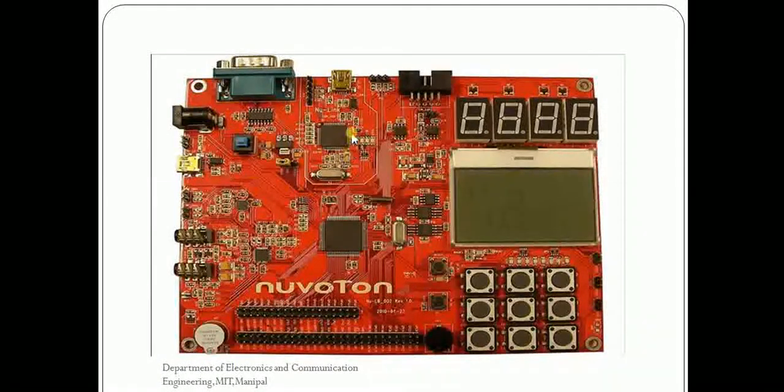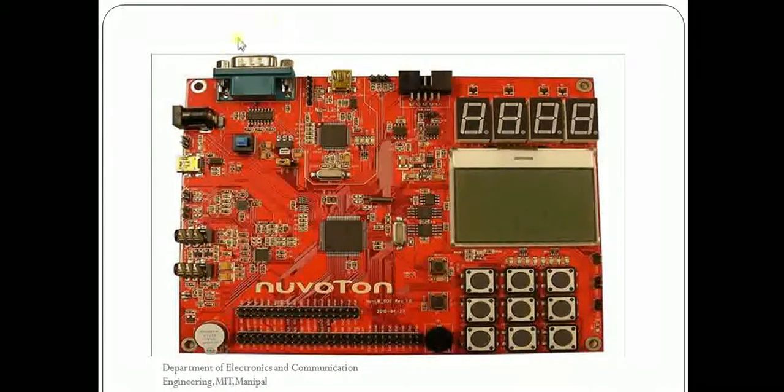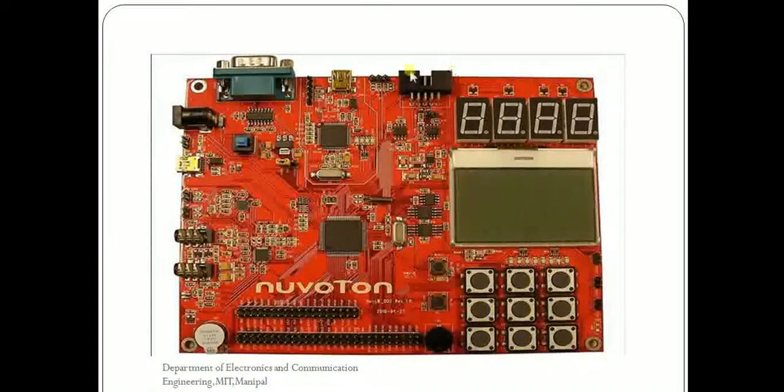So if you want to load a program into your board, then you can load the program through this port. And there is a UART port, and this is for CAM. It has got its own buzzers, and if you want to connect a 5-volt adapter to it, then you can connect through this port.